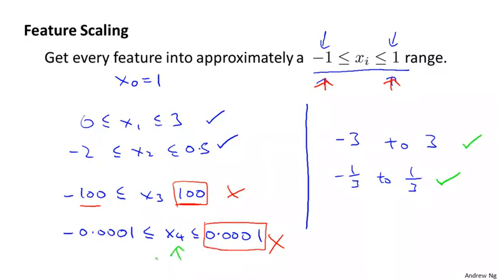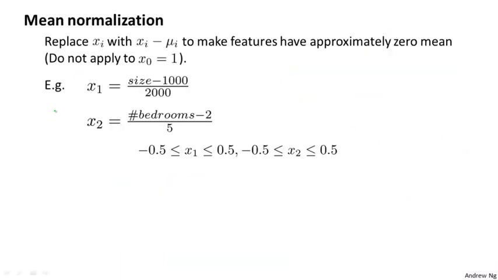So the take-home message is don't worry if your features are not exactly on the same scale or exactly in the same range of values, but so long as they're all close enough to this, gradient descent should work okay. In addition to dividing by the maximum value, when performing feature scaling, sometimes people will also do